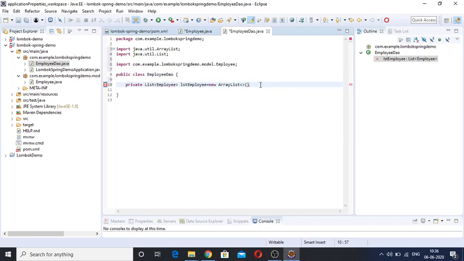And this list of employees I'll initialize in a static block.